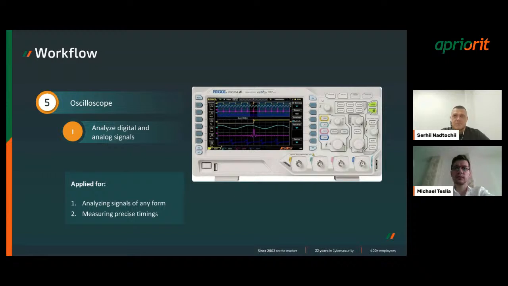So it is good to use an oscilloscope in situations where you need to do some precise measurements. For example, it can be some clock line where you want to understand with which delays devices communicate, or maybe just analyzing any form of signal to understand how it changed.